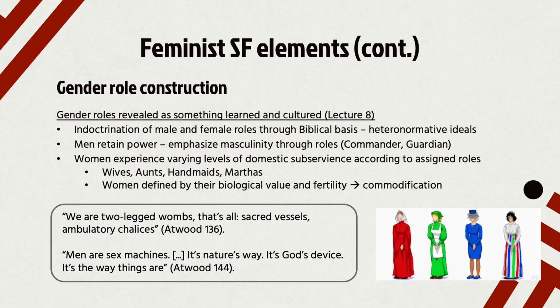Attributing these aspects on a biological basis eventually results in the dehumanization and commodification of these bodies, which works to not only control the women and keep them in this state of subservience, but essentially allow the Republic to successfully produce children and continue this vicious cycle.